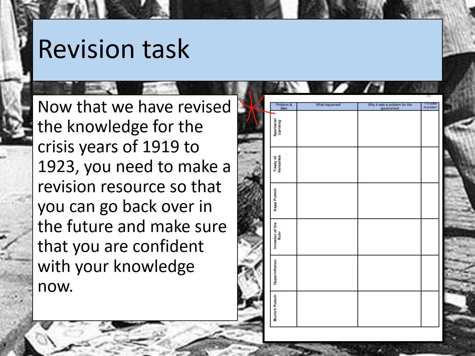If you need to go back over this PowerPoint at any point, you can just rewind the video and listen to certain sections again if you need to do that to help you complete your charts. But I would really recommend that you complete this, as it will help you to consolidate your knowledge now, but it will also be really useful in the future.